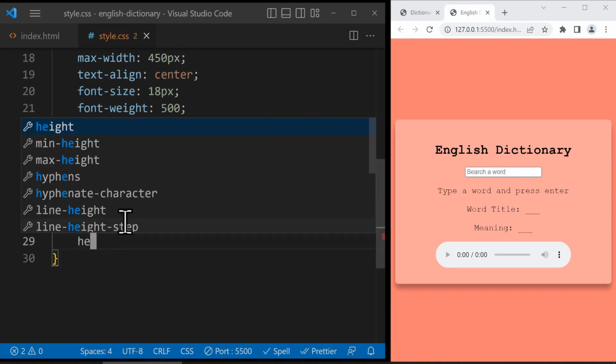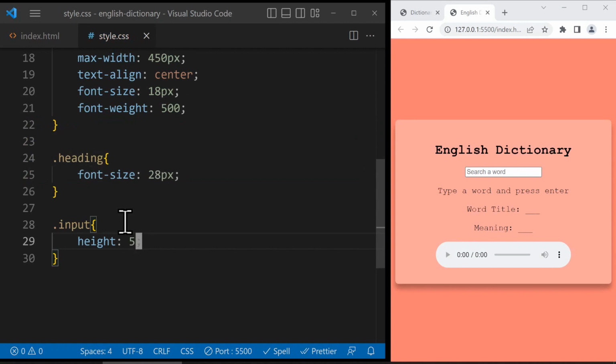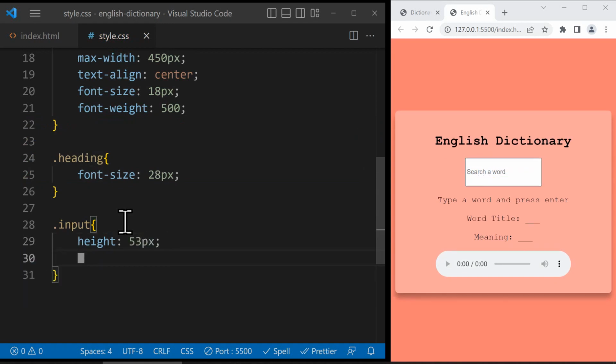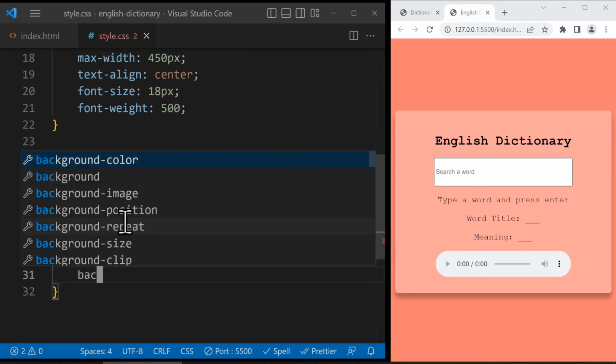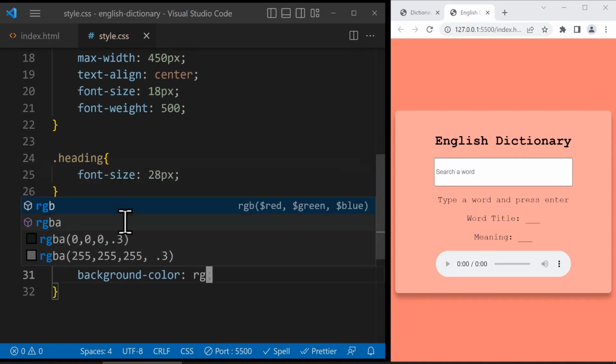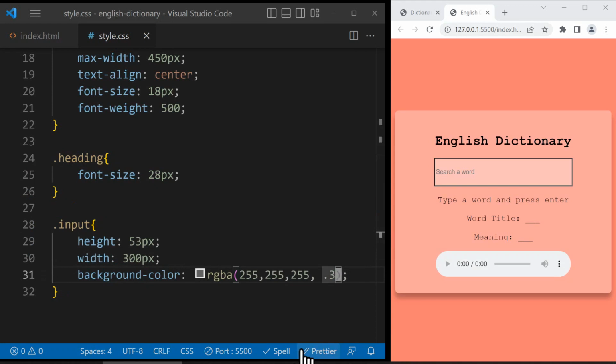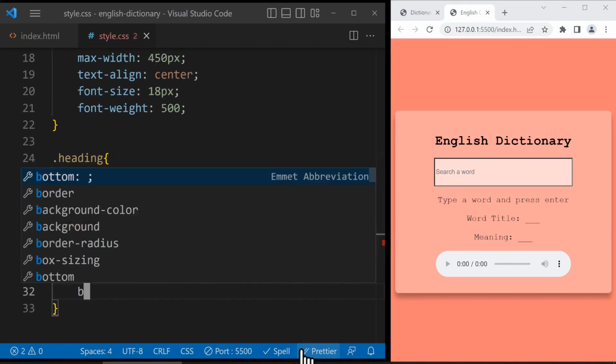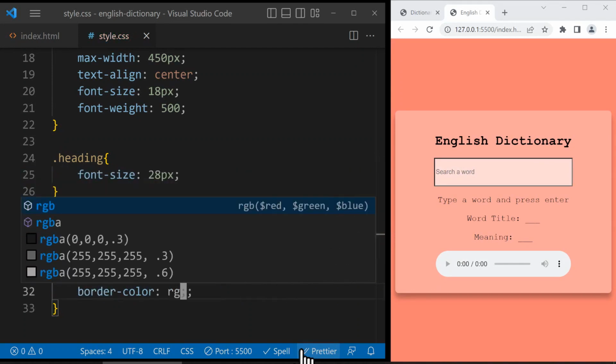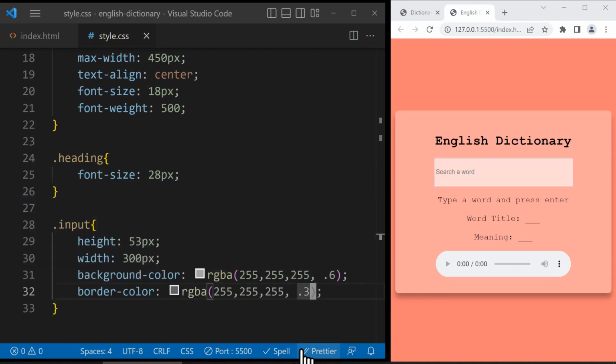We set the height of the input to be 53 pixels. We set the width to be 300 pixels, so make it bigger. We add a background color. We can use the RGBA. We get this auto suggestion RGBA white color, but instead of 0.3, I want it to be 0.6, 60% transparency, and also for the border color, I use the RGBA, the white color with 0.4 transparency,